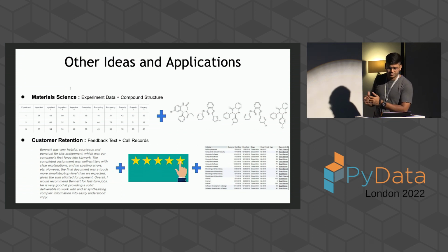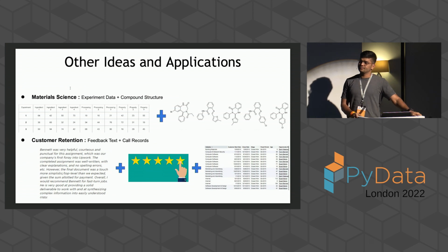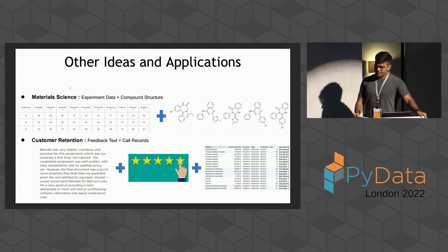Any questions? From your experience, because there are so many models and so much competition going on, is it more prone to overfitting in such